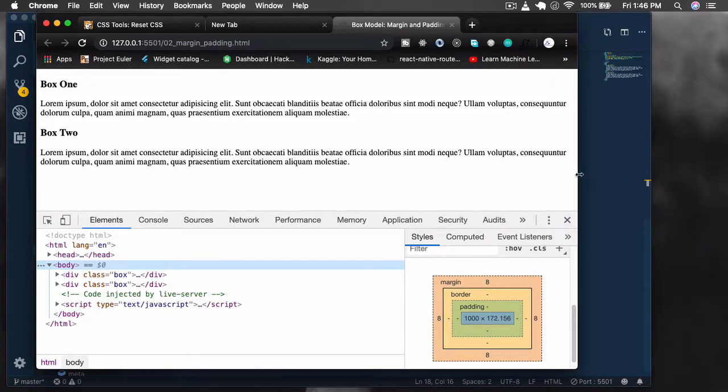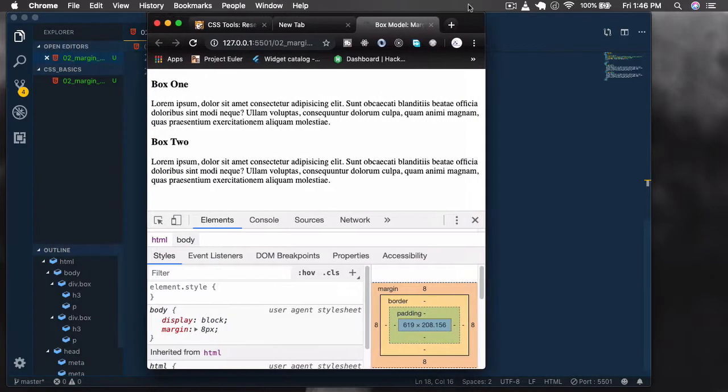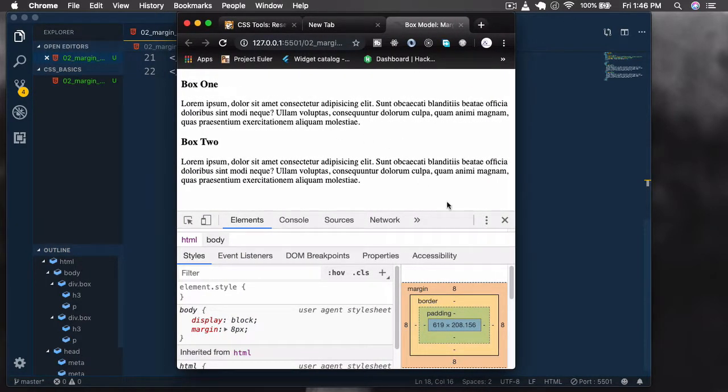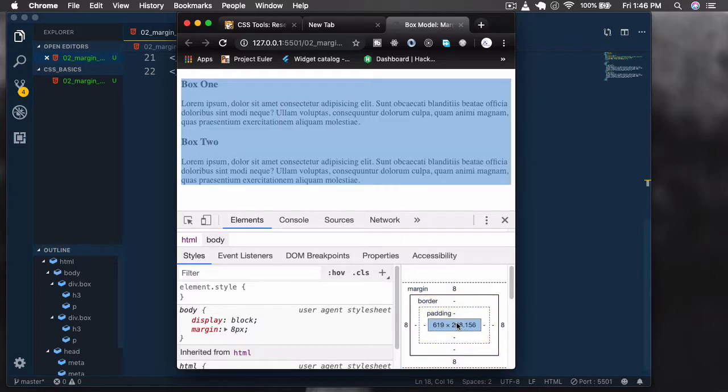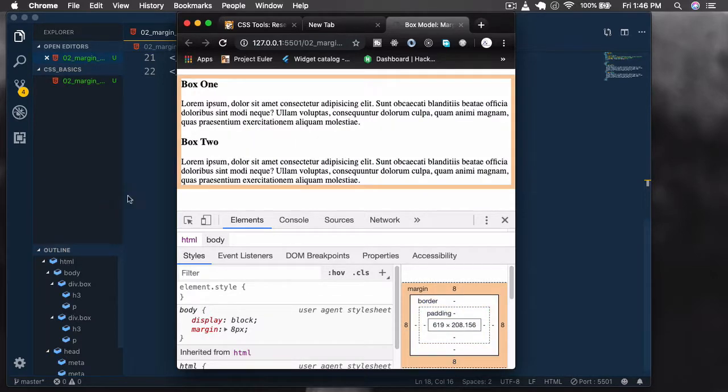So I'll reduce it also because I want this to be a bit smaller so that you can get a whole picture of what I'm saying. So we have this, and then the next part is the padding. Now what padding does is, padding prevents our element from resting on a border. Like what I'm going to do now is, inside our